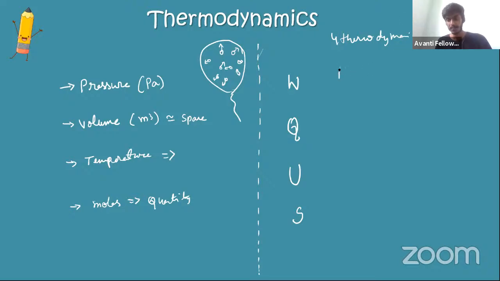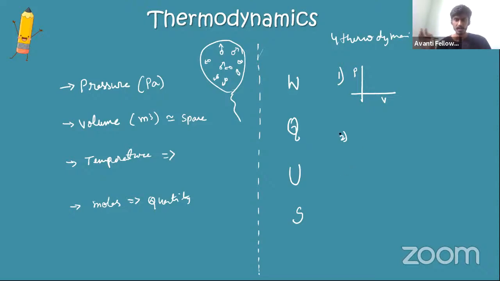As well as that, there is a high probability of you getting a question from graphs, a TV diagram, a TP diagram, or a PT diagram. One question from this chapter on this topic is very highly probable. They might give you a graph and ask you to find these 4 parameters, or they might give you a numerical and ask you to find these 4 parameters. Or next will be heat engine efficiency and refrigerator. That will be one more part of this.